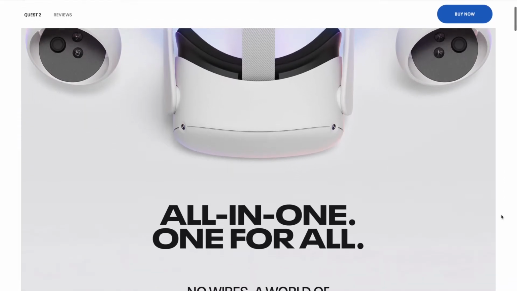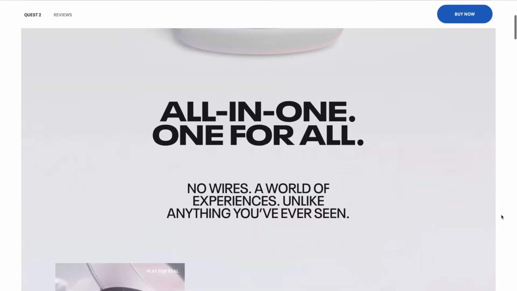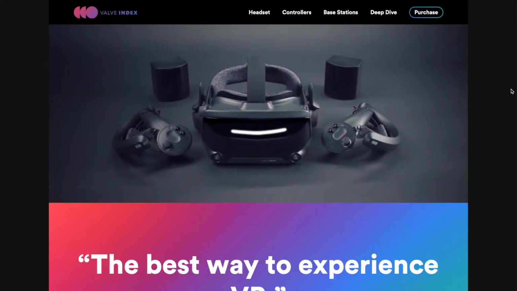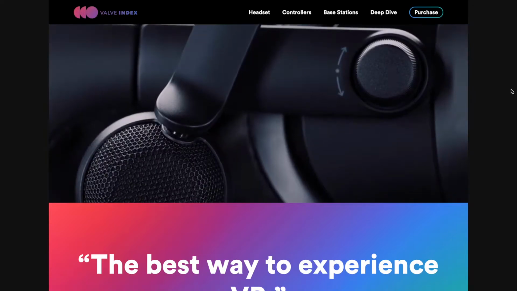It's a fairly newer headset, but it is great and it functions as a standalone headset as well. Another suggestion I personally like is the Index. This is actually the headset that I use now on a daily basis. I personally love using the Index. However, the downside to a lot of people is, one, it's really expensive, and two, you need a PC that's